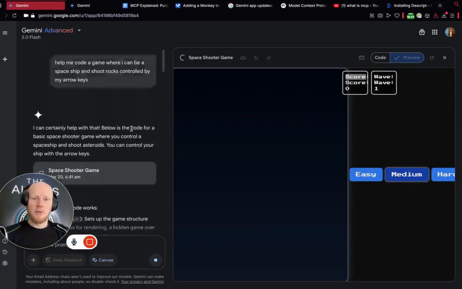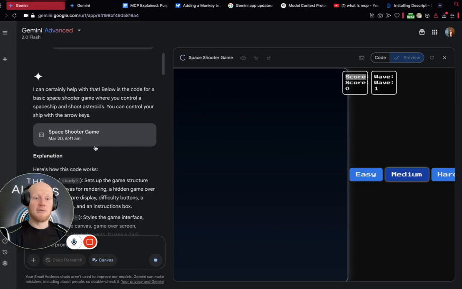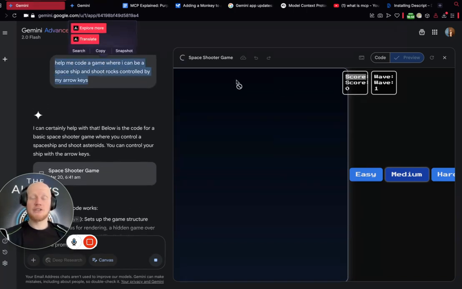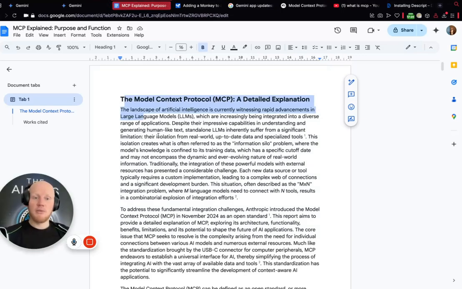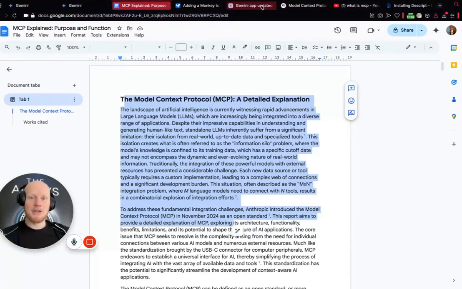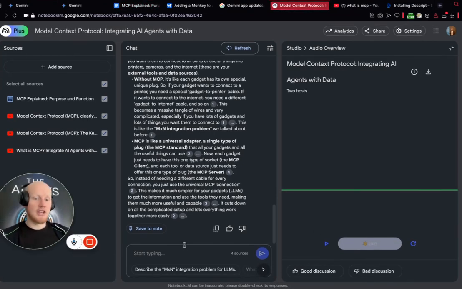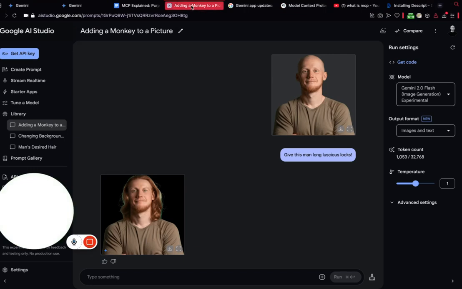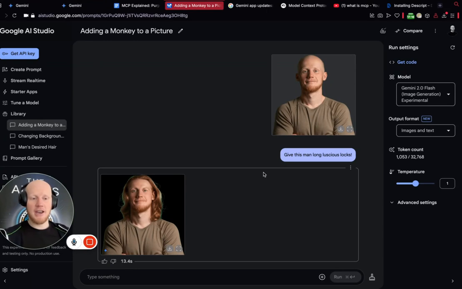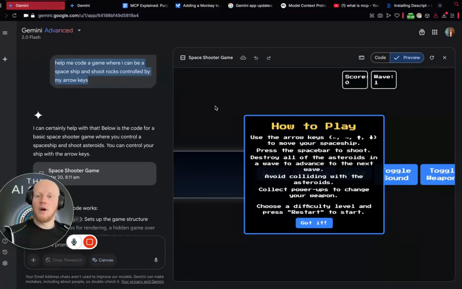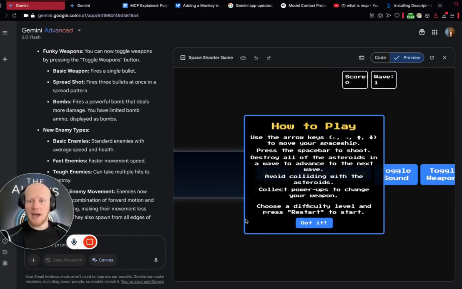But in this time, we've created an app, and I've done that with one prompt, right? And it worked. This was a little shooting game, which was great fun. We've created images. We've done deep research on MCP. We've added that and a bunch of videos to Notebook LM to be able to do additional fast research and find answers to our questions really quickly. And then we've edited images directly within Gemini, and we've shared our screen to figure things out. If I got stuck at any point, I could have shared my screen with Gemini and it would have helped me out. Gemini, Google, absolutely amazing. You just can't make up how incredible it is, what they're doing.